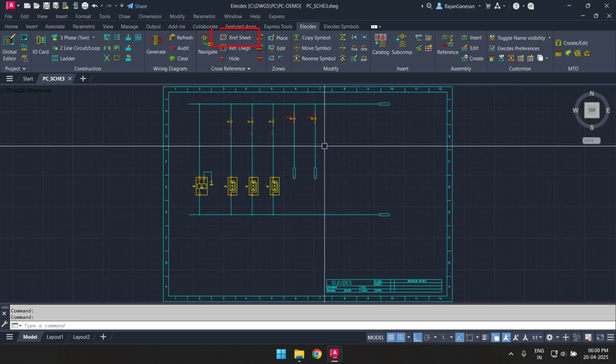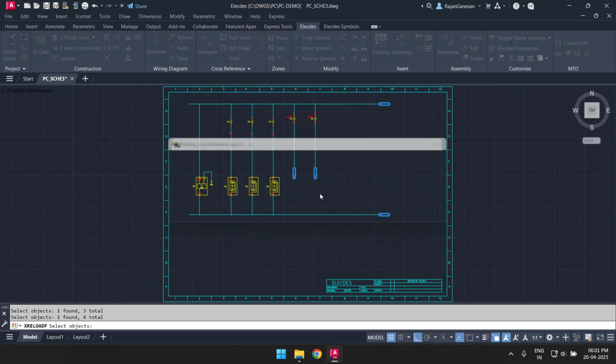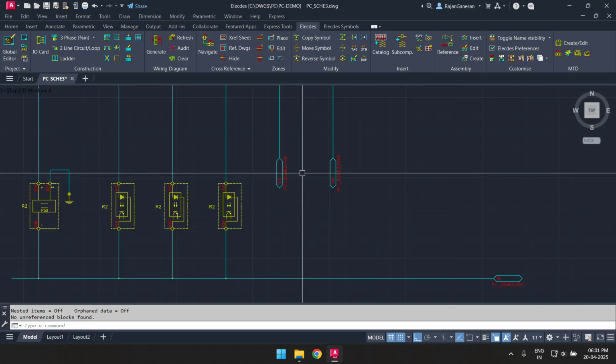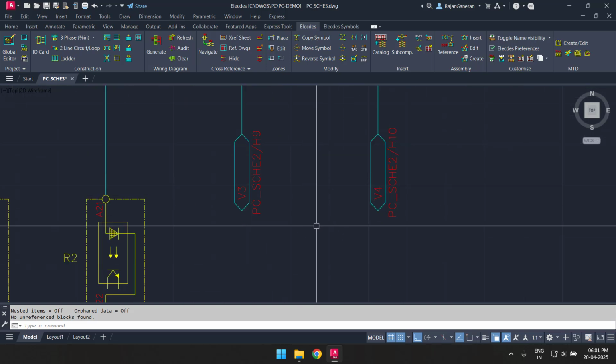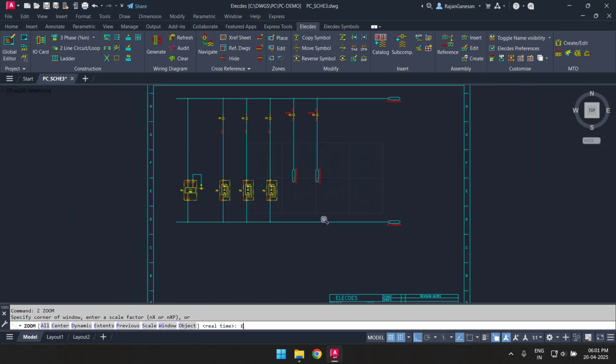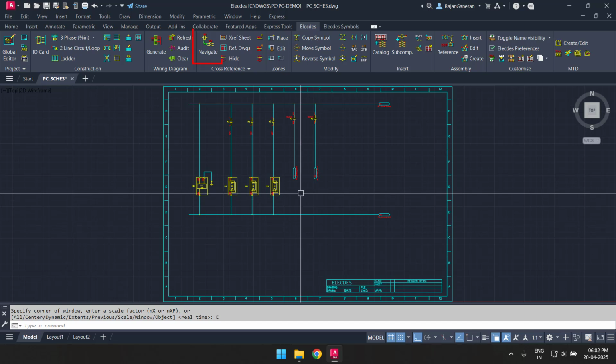Elektra can automatically cross-reference your circuits on a project-wide basis. I'll firstly cross-reference the wire extensions. This automatically places a reference to the other end of the wire jump alongside each extension. Cross-referencing captures the position of the components, then assigns them a zone on the diagram. The zone could be a grid square or a rung number rectangle. My referencing tells me the sheet number and a grid square such as G8 or F9.